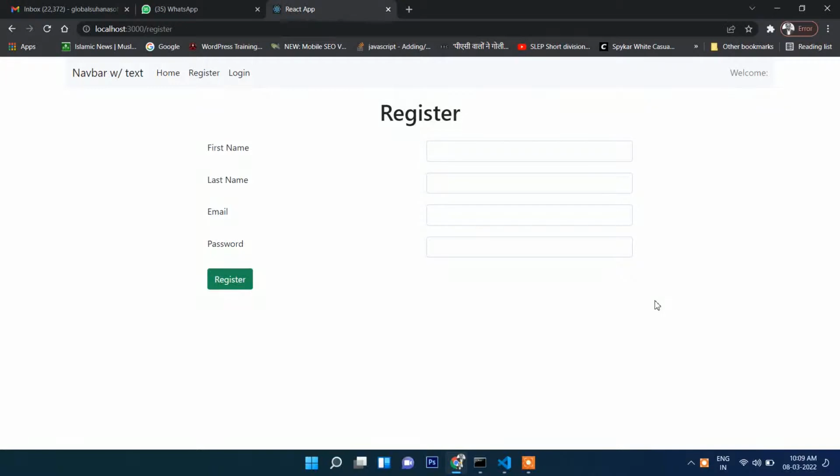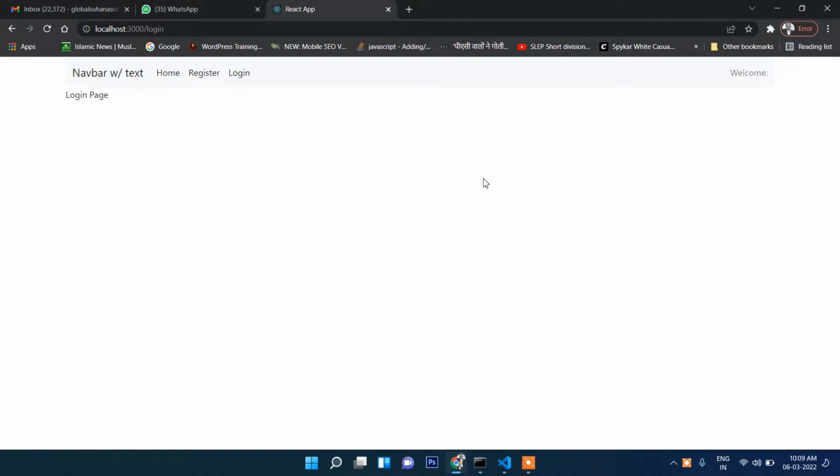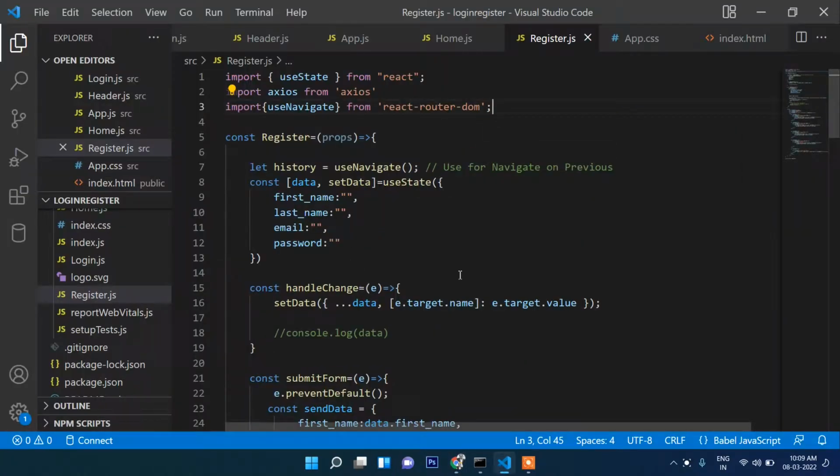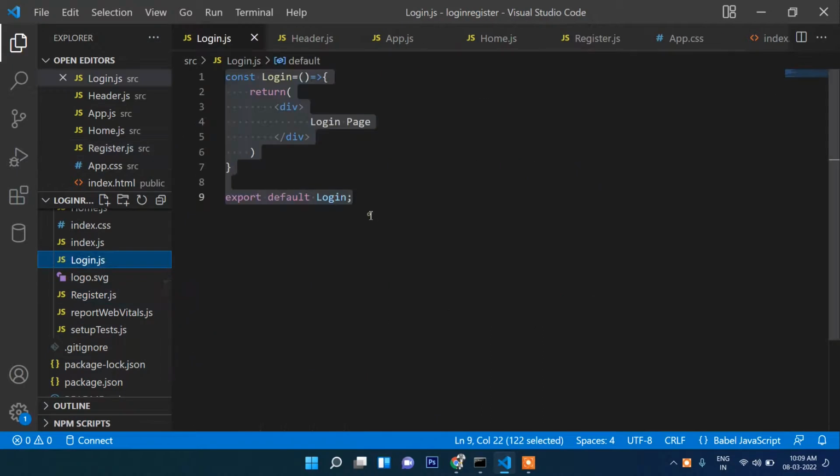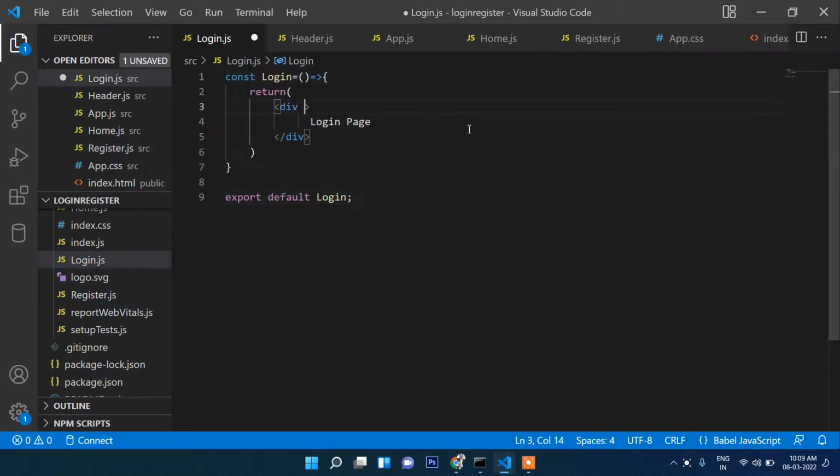So we will work on the login page. We have already worked on the register page, and now let's create the login page so that the user can log in from here. Okay, so now let's open this page, and here class name,